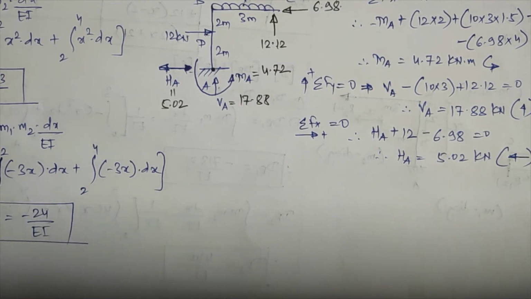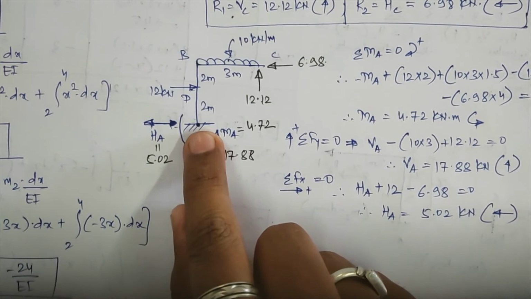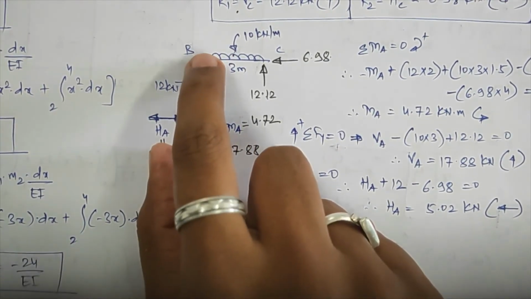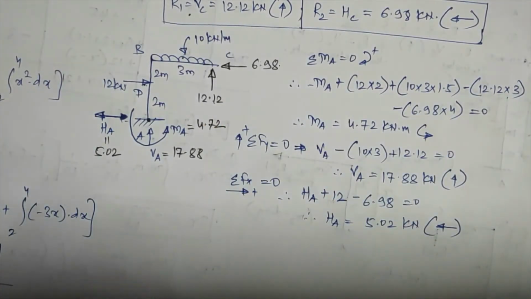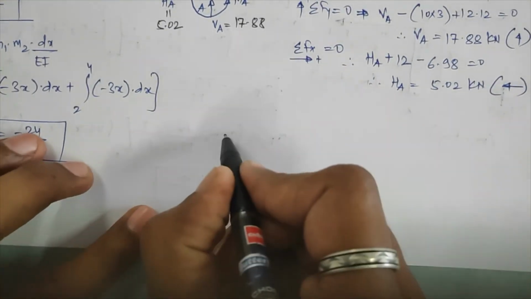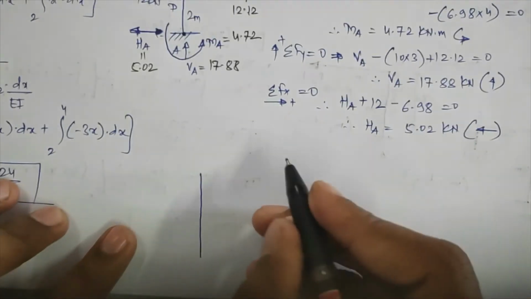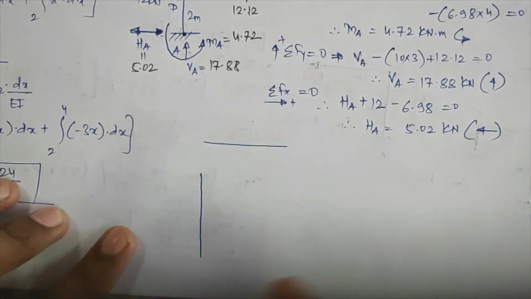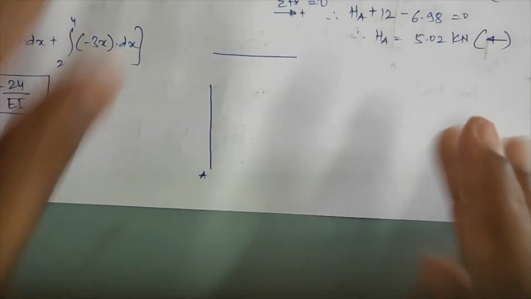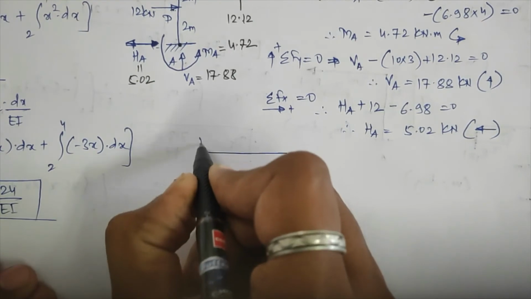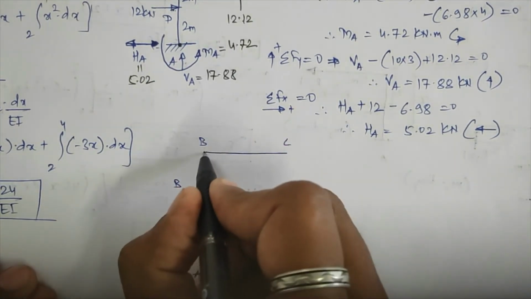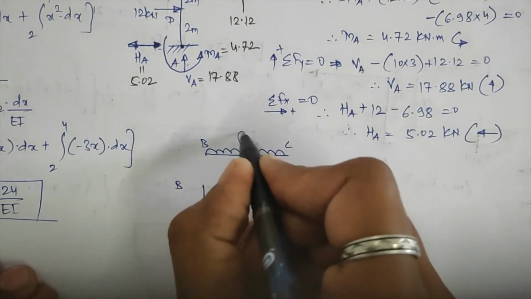Okay, so for superposition what we'll need is the moment value at point A, that is MAB. We'll need moment values for MBA, MBC and MCB. So from these reactions itself we'll calculate those values over there. Now you see properly how to calculate those values. So for that I'll separate these two members over here. Okay, this is my member AB, and this is my member BC over here, and I'll draw the loadings given to me as it is.